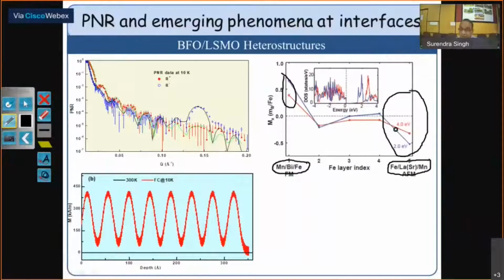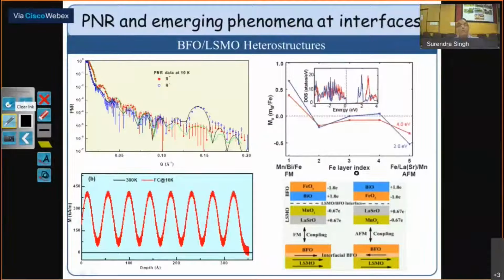In fact, recently we did this and we found the same thing. And also, because this LSMO BFO is a polar system, what happens if you look at thin films of this is that we get layers and a surface termination. The surface termination is at the interface. The BFO makes two kinds of layers, like FeO2 and BiO, and MnO2 like this one, and they have different electronic configuration and charge balance. If you see, it becomes 0. So at the interfaces, two kinds of termination happen.